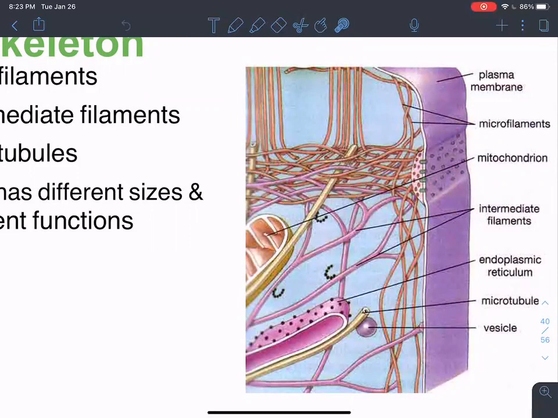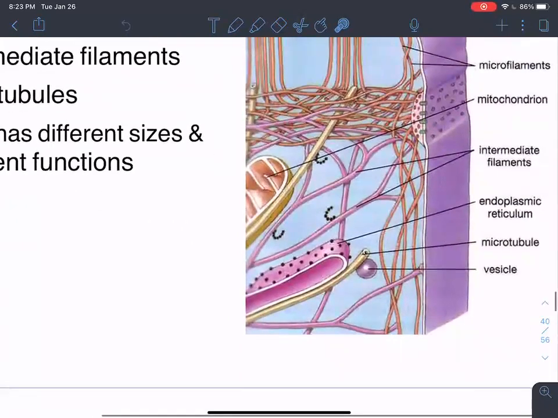That's why they're called intermediate. They're the middle size of the tubules of the cytoskeleton, and they're going to be more towards the middle, and they help form some structural components. And then you got these microtubules that are much larger,